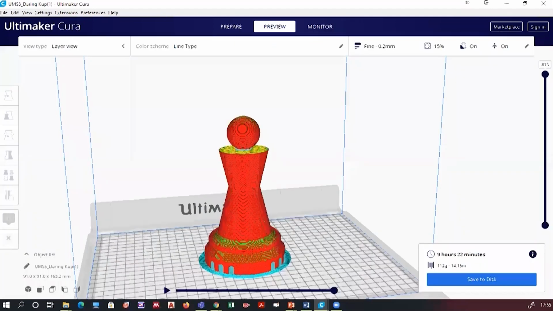This preview option is given so that if you want to make some changes, you can. You are given the time, and anything you want to change in the model, you can do it. You can keep it greater than 15, definitely. No problem with the infill density. You can increase the layer thickness. So yes, you can do that. No problem with that.